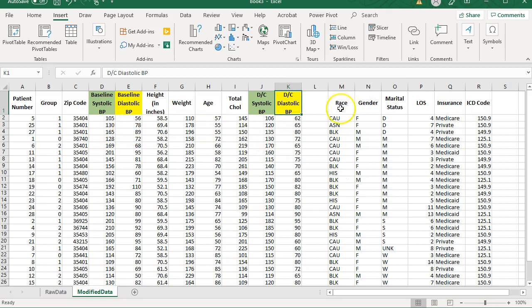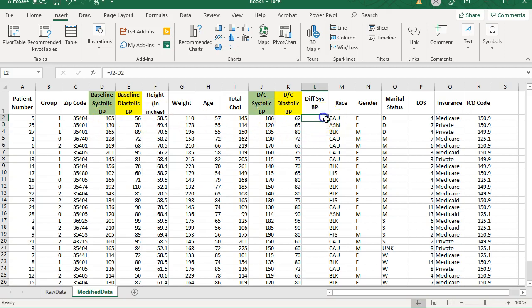Okay, all right. So now let's do a difference in, and I'll just abbreviate difference, systolic BP. Okay, so we're going to do a formula, quite simple. Put your equal sign in there. You're going to want to do your discharge blood pressure, systolic blood pressure, minus, subtract the baseline systolic, and so it's up a point, and we see that to